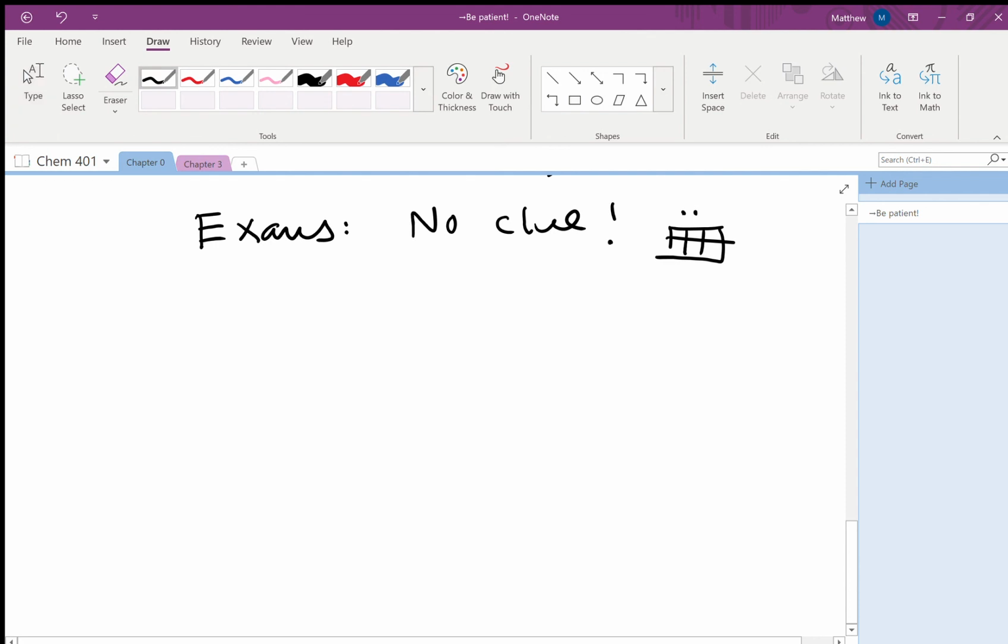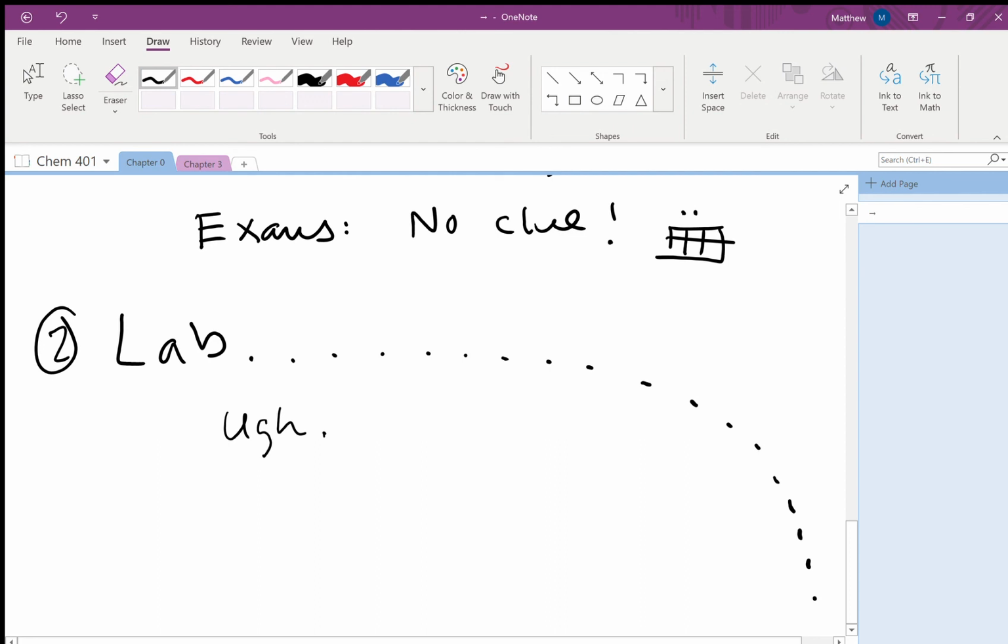Now, let's talk about the lab portion. Labs are going to be super tricky, okay? And I'm tempted to just kind of write them all off and say, well, we won't be doing any more labs. But I don't want to do that because I feel like labs are a really important part of learning, especially physical chemistry. Okay, so there's some options here.